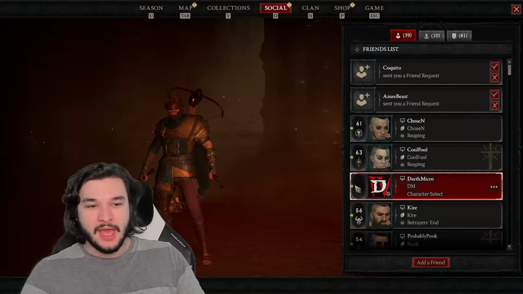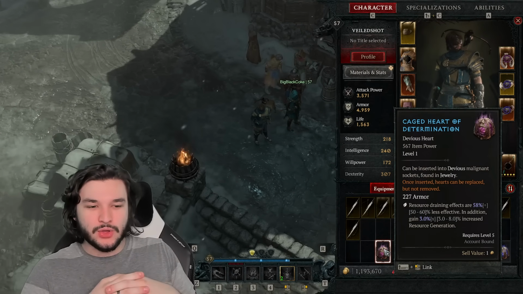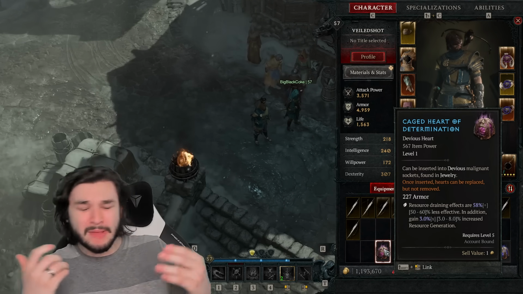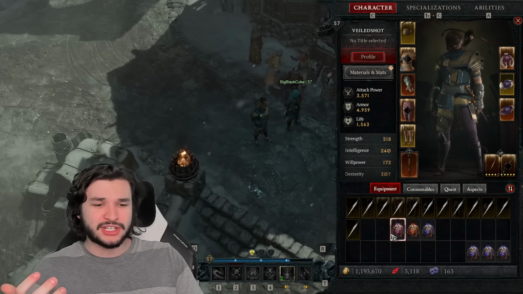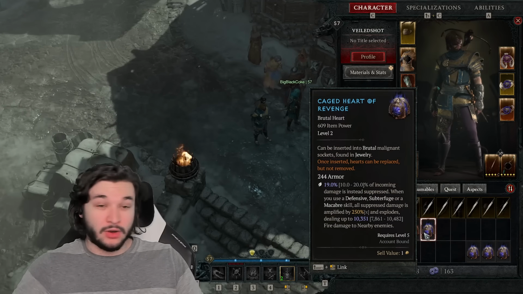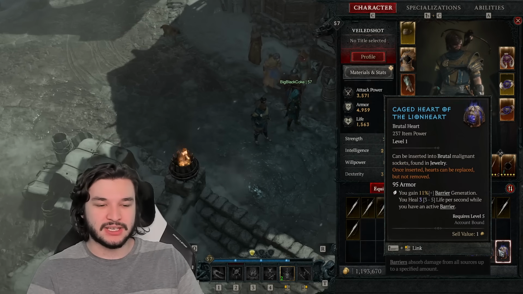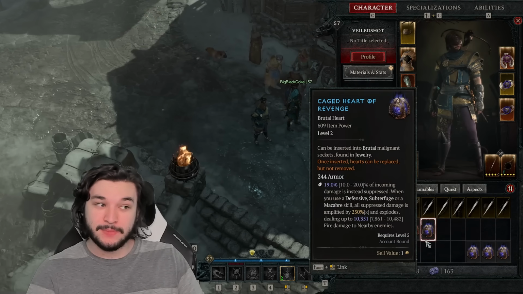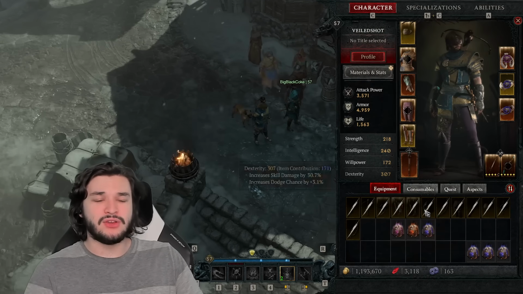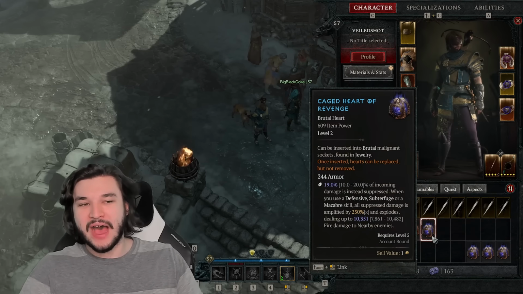to fix that. And as I mentioned earlier, a little honorable mention for the Caged Heart of Determination here. This is going to give you extra resource generation, which can really matter for a lot of builds. And because you can have 3 on your jewelry, you can actually have all 3 of these on your jewelry at the same time. There are some other hearts that can be really, really good, especially for specific classes. There are some for the rogue that I found to be exceptionally good. And of course, if you find one that you really like, then you can go ahead and equip that. But generally speaking, these 3 are the ones that I like to go for if I can find the sockets